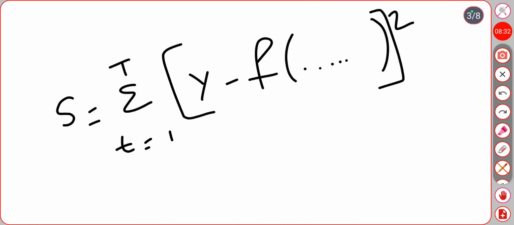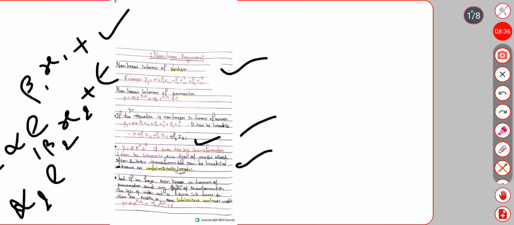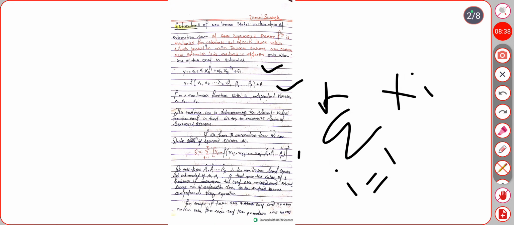I already wrote it here on this page. So we call these beta 1 hat, beta 2 hat, beta rho hat. They are the nonlinear least square estimates of beta 1, beta 2 up to beta rho that minimize the value of